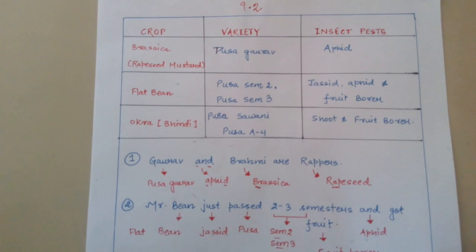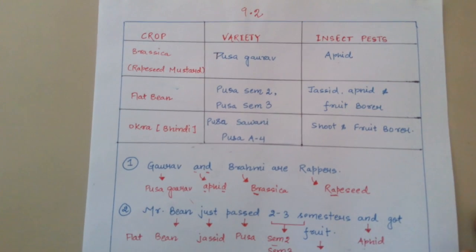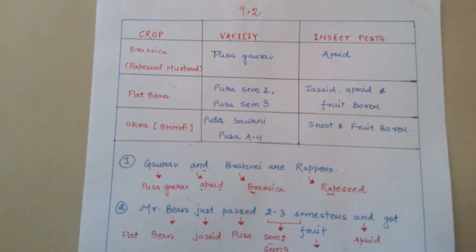So today we are going to study NCERT table number 9.2 of 12th class, which is very important and it is requested by many people that I make a video on this. In this particular table, firstly we are going to take an overview so that we would be able to understand what the tricks have been made for. In this topic we have to read about three crops, their varieties as well as their insect pests.